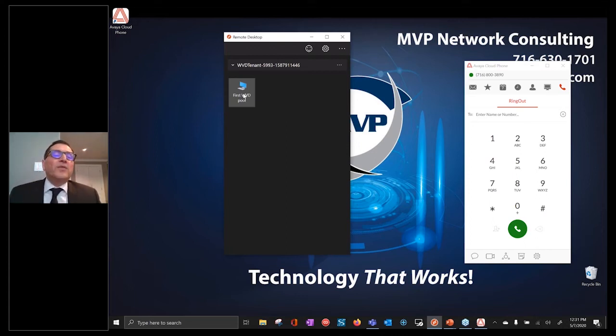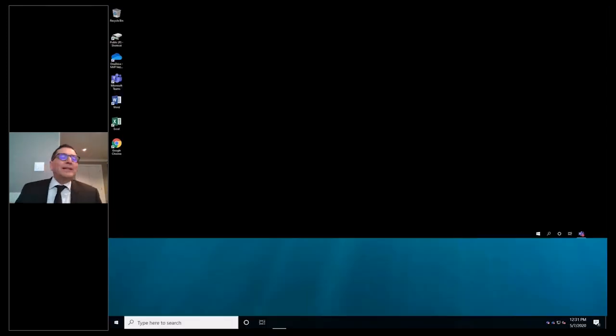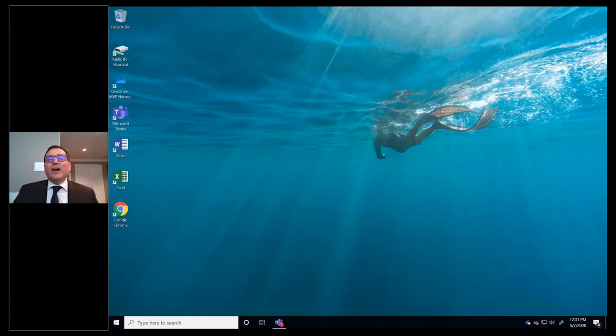If I double click on this first Windows Virtual Desktop pool, if you will, that I'm connected to, I can have multiple ones. I didn't have to connect to the VPN. It didn't pop up to ask me to put a long string of username and password. It didn't tell me to reconnect again. All of a sudden, my other desktop disappeared, and now I am in a new desktop,